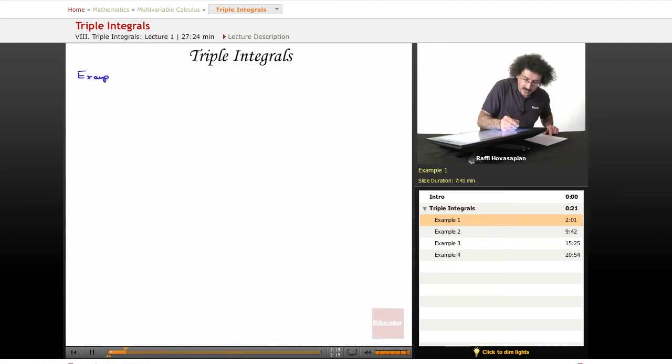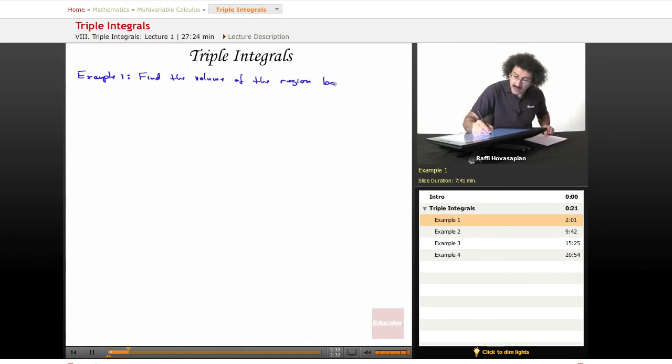Example 1. Find the volume of the region bounded by, and again with these triple integral problems, the problems themselves can be worded in all kinds of ways. Sometimes they'll give you the equations explicitly. Sometimes they'll say it's bounded by this, bounded by that. You have to work out the equation. So there's no one way that you're going to see these integration problems. Region bounded by